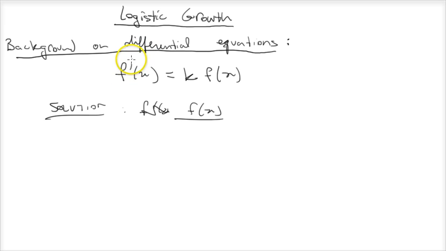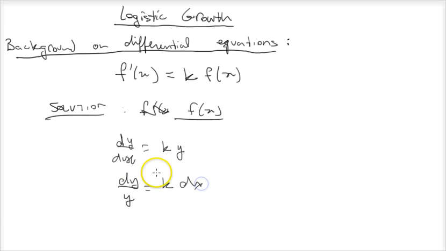So when it's only the first derivative being related to the function, we can say that this is a separable differential equation, because we can write this as dy/dx is equal to k times y, and basically we can separate this derivative, and so we'll get dy over y is equal to k times dx, and then both of these we can integrate and we'll get out an expression y equals some function of x eventually,